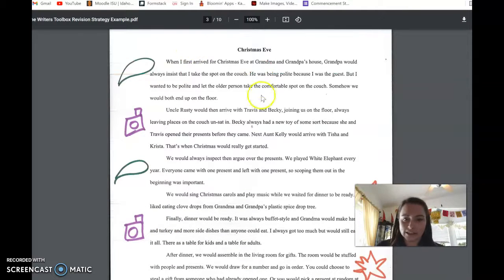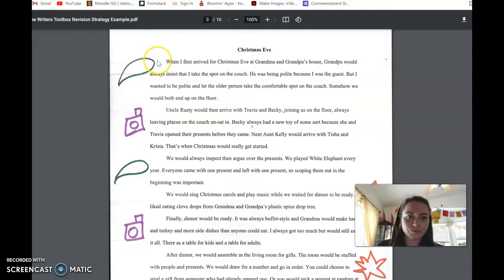You can see that there's no dialogue. Everything is sort of in the telling mode, very little showing. I'm not going to read it out loud because you don't really need to hear it. It's not really the best. The file is available for you to look at if you really want to look at it more in detail of how I've done things. But as I went through and tried to decide what I was going to do to develop this paper, I used all of those images as shortcuts.